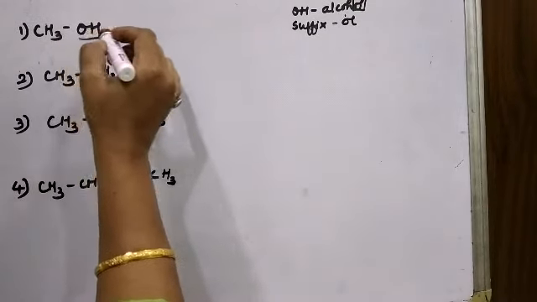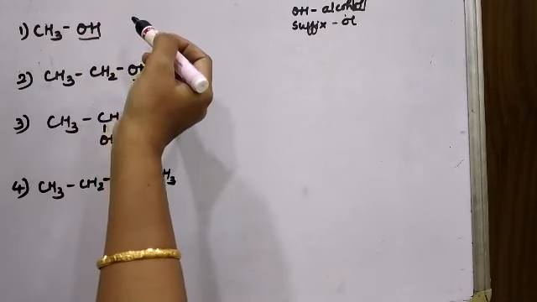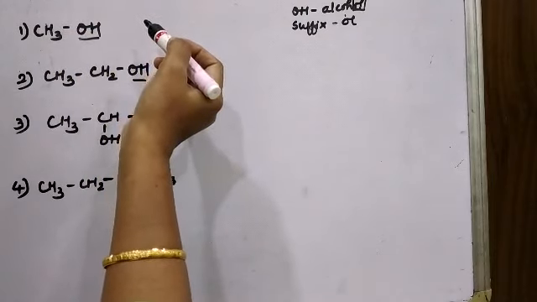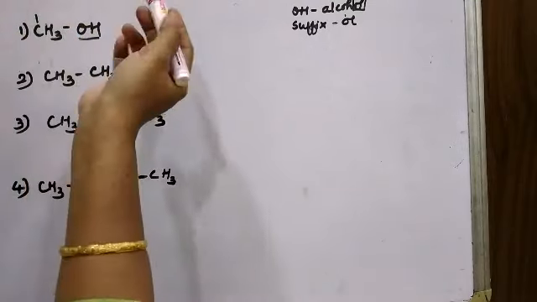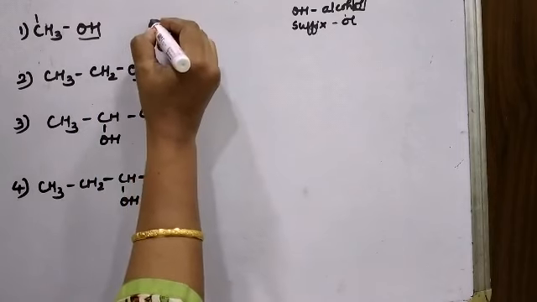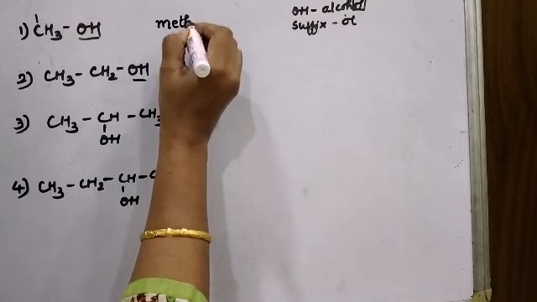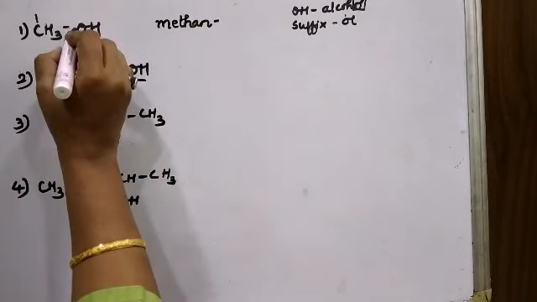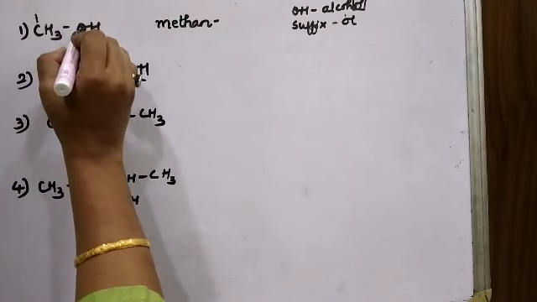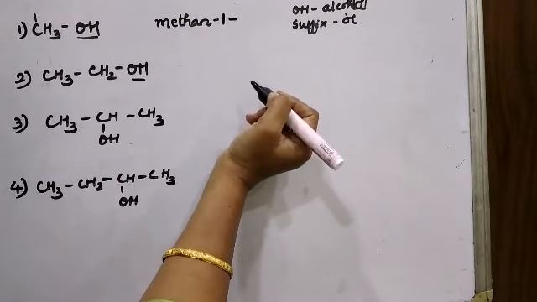Now while naming the compound by IUPAC nomenclature, the first thing that we do is locate the longest chain of carbon atoms. There is only one carbon atom here. So if we are numbering the carbon atom, there is only one carbon atom. And here, when we are naming the compound, we are going to use the root word as methan and not meth. Then we will be writing down the position of the alcohol group, that the alcohol group is attached on carbon atom number 1. So this will be methan 1.